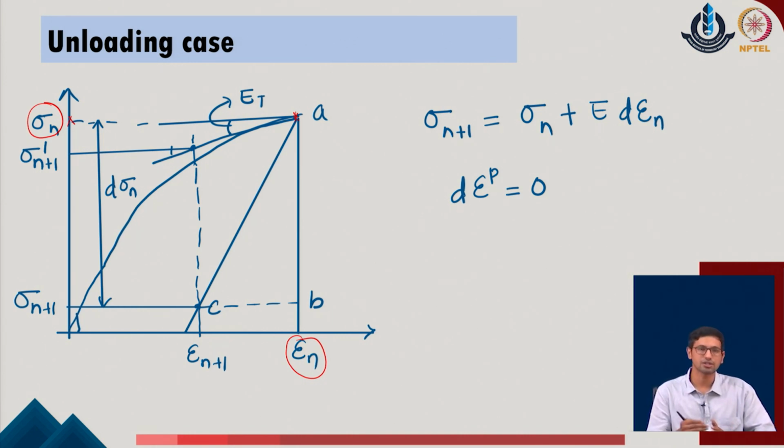So, rather than going with the stress increment in the given problem, we can come up with the change in the strain parameter of the given system. So, at this point the user tries to make a change in the strain parameter, say a value of d epsilon n in the given system, and now with respect to this change, if I draw the tangent modulus at this point, it will follow the curve like this, and it will show me the value corresponding to this new updated strain increment somewhere over here, which is sigma of n plus 1 prime. But I realize that the path which I have followed corresponds to the loading path itself, whereas the position of the system is corresponding to the unloading path.